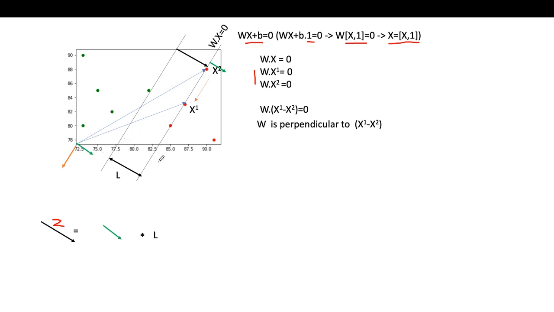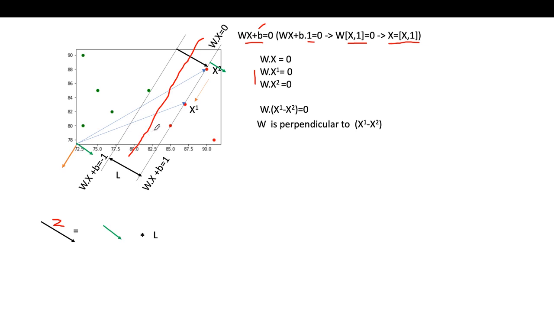Okay, so now let us consider the actual equation of this line. wx equals 0 will be the actual boundary line. So let this line be wx equals 1, and let us again pull out the b from the equation and write wx plus b equals 1 as the equation of this line, and wx plus b equals 0 is the line somewhere through here. And this one is wx plus b equals minus 1. So this line is wx plus b equals 1, and this line is wx plus b equals minus 1.